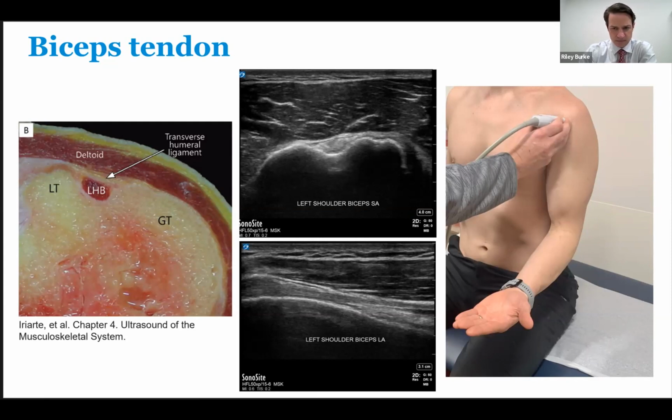In order to properly visualize the bicep, you also need to usually toggle your transducer slightly cephalad in order to get a good crisp picture of that biceps tendon and the bicipital groove. It's also important to note that the long head of the bicep courses medial as it inserts at the supraglenoid tubercle. So you also need to adjust your transducer to make sure you're remaining perpendicular to that as you kind of traverse